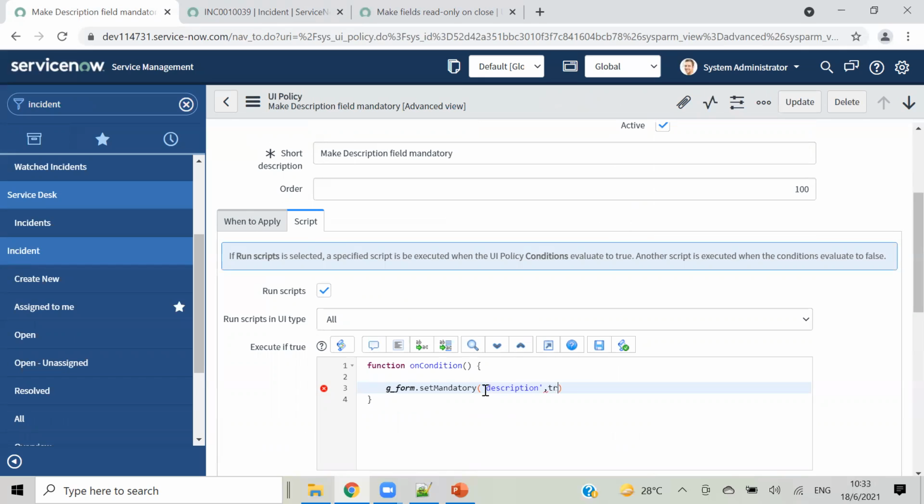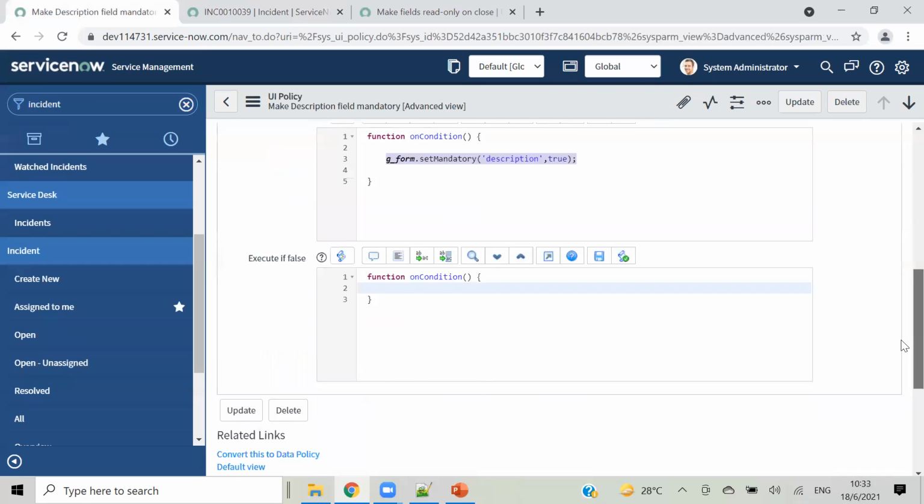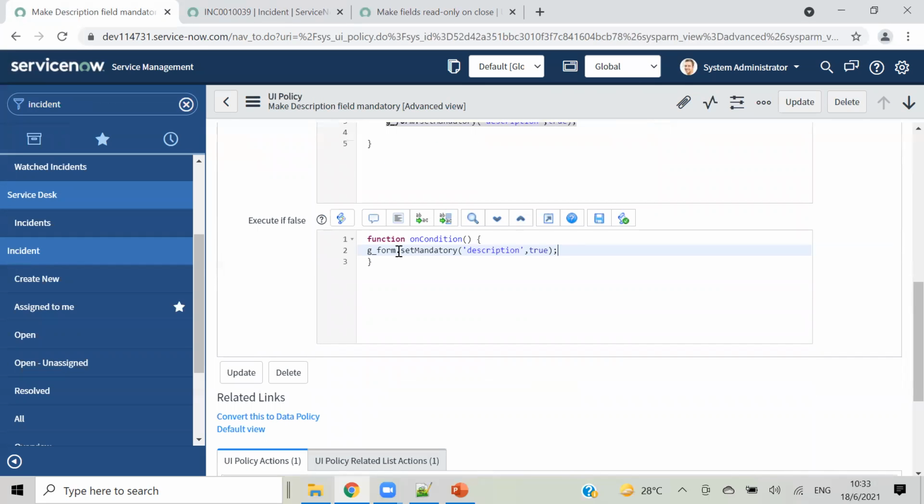And here just give true or false, just true or false, that's it. And in such way, you can give as many as you want. Just for example, I am giving this. If condition matches, make it true. If condition doesn't match, make it false. I mean, mandatory false. Okay.